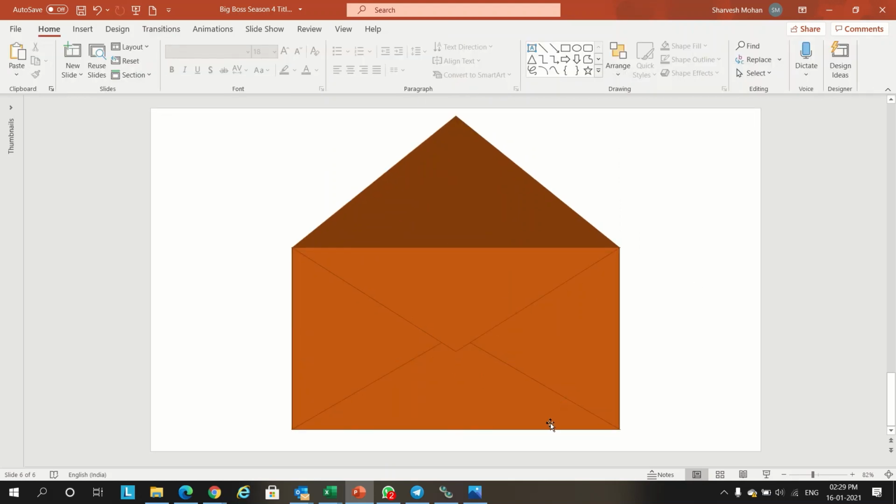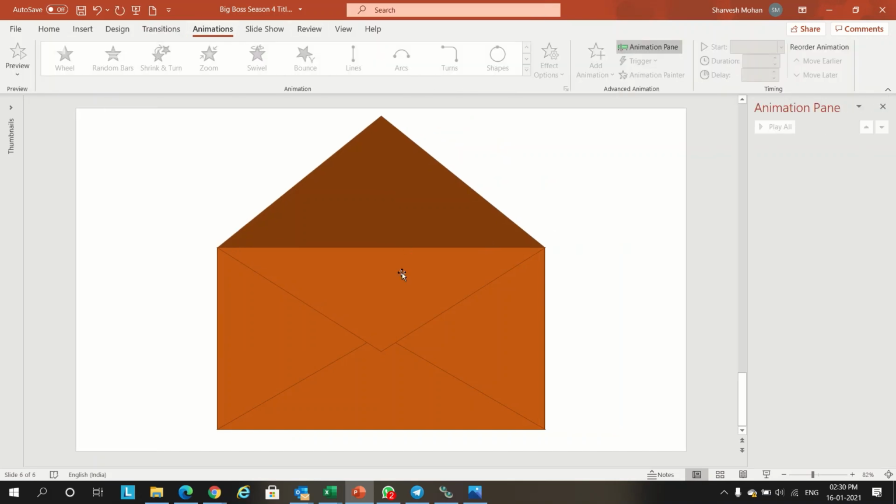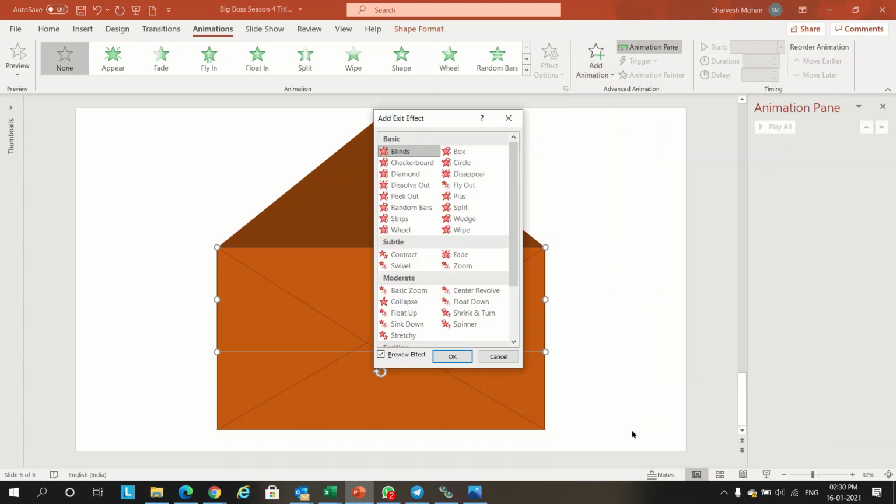Let's give the animation for this effect. Select this one. We have to give the exit animation for this. Let's go to add animation, exit animation, more exit animation.